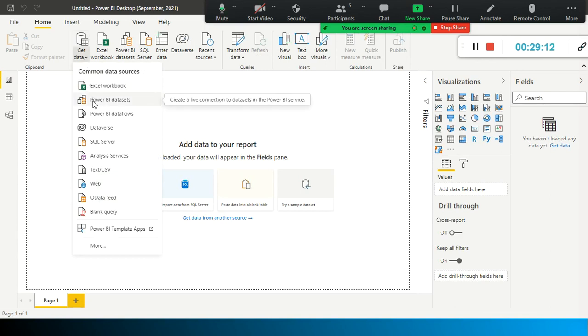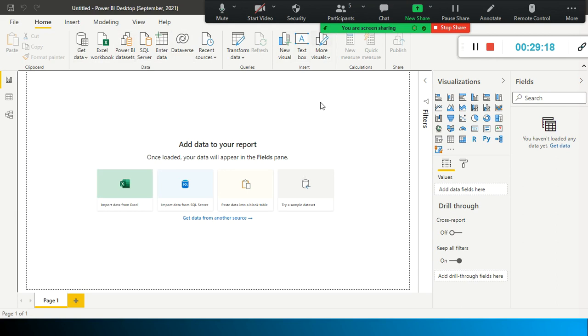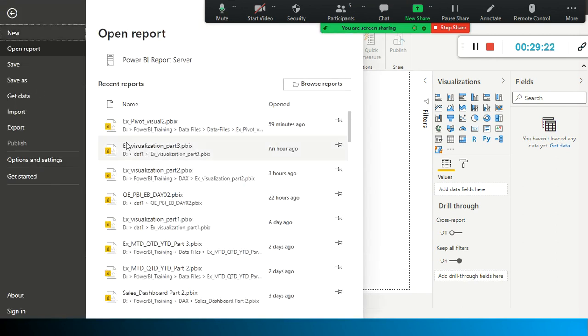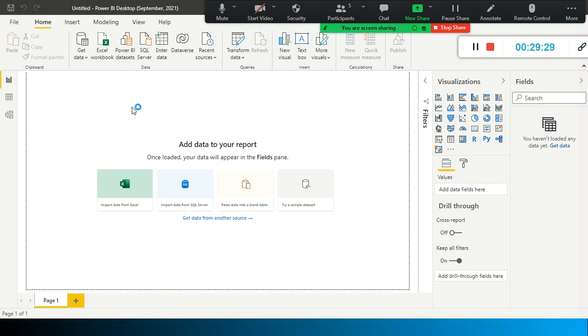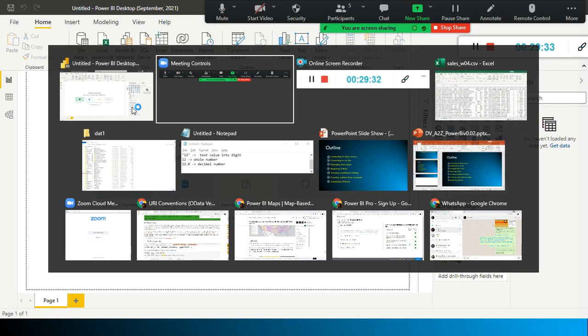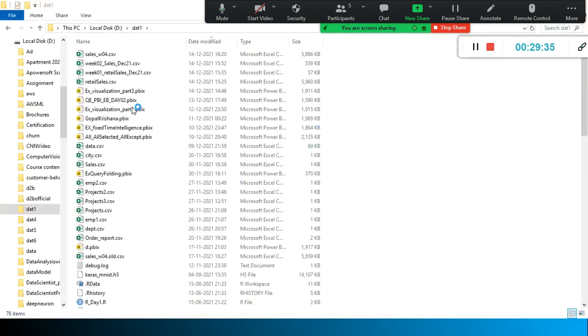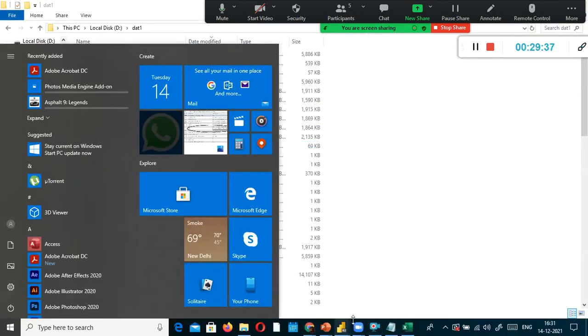So we have something called Power BI data sets. For example, I have developed a report here. This is my Power BI desktop. I'll just show you the report. Let us open this one, or else I'll show you the other one which I already opened.